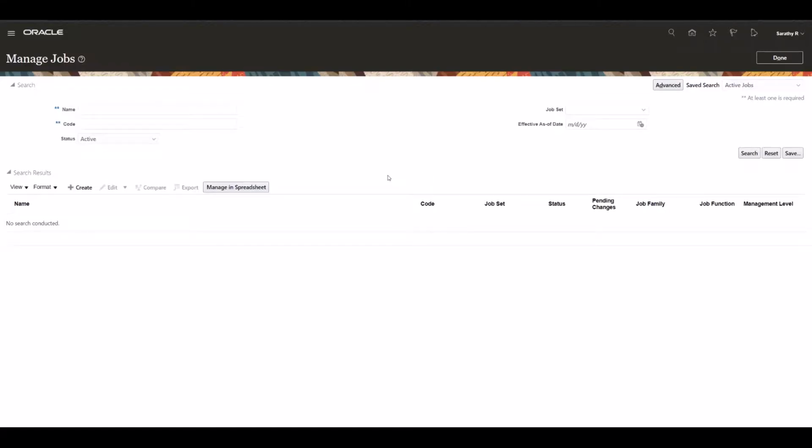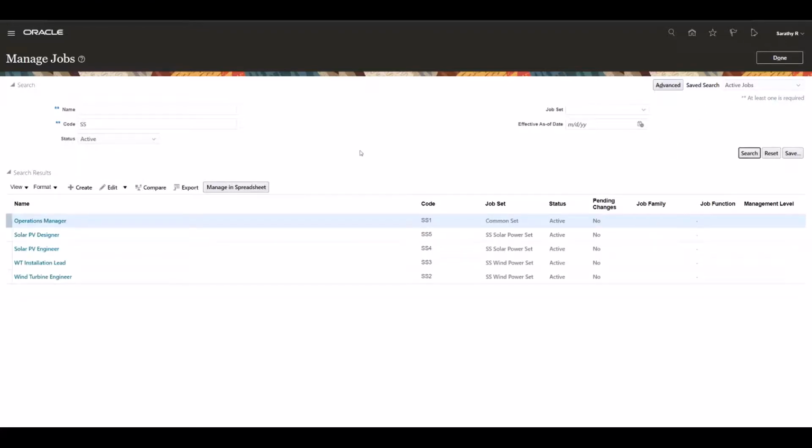Similarly, I'm going to configure the other 4 jobs as well. I have now completed the jobs configuration.